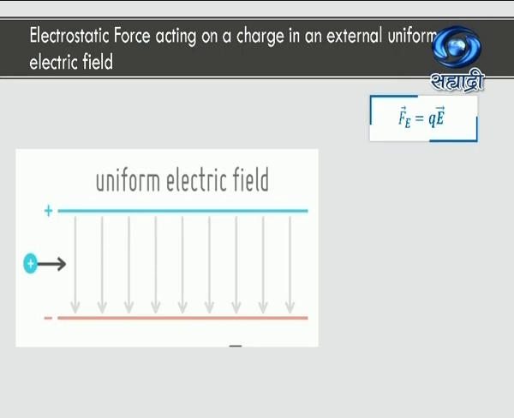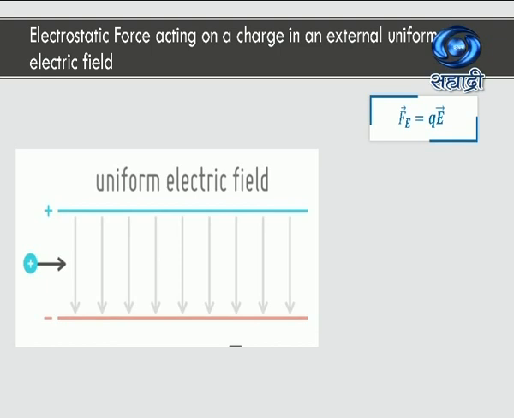Now, if I have got a positive charge Q, let us suppose, kept within these two plates inside the electric field at rest, then you all know that the positive charge will experience an electrostatic force Fe, which should be equal to QE, and because of this electrostatic force, that charge will move towards the negative plate. What I mean to say is that even if I have a charge at rest within these two plates, it experiences force and it makes a move.